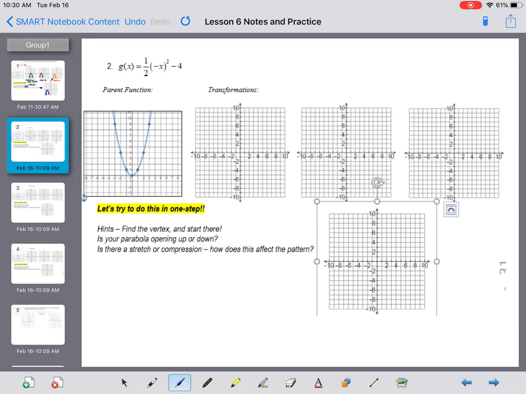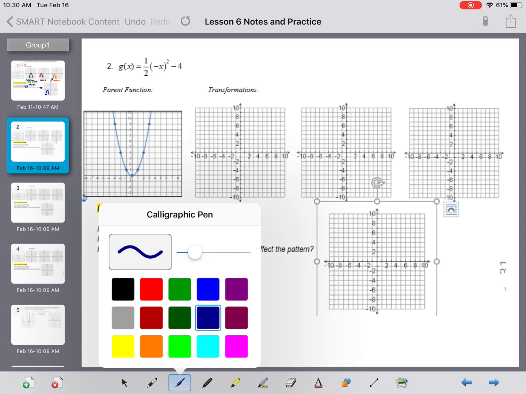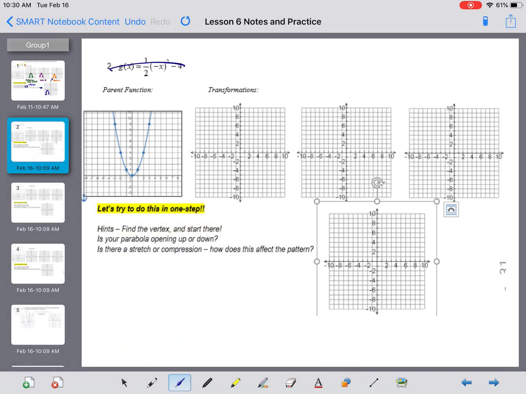So we take a look at example 2. Again, we have our parent function. Here's our transformed function. And I'm going to list the transformation. So we have this -1/2 in front. It's less than 1, so that means we did a vertical